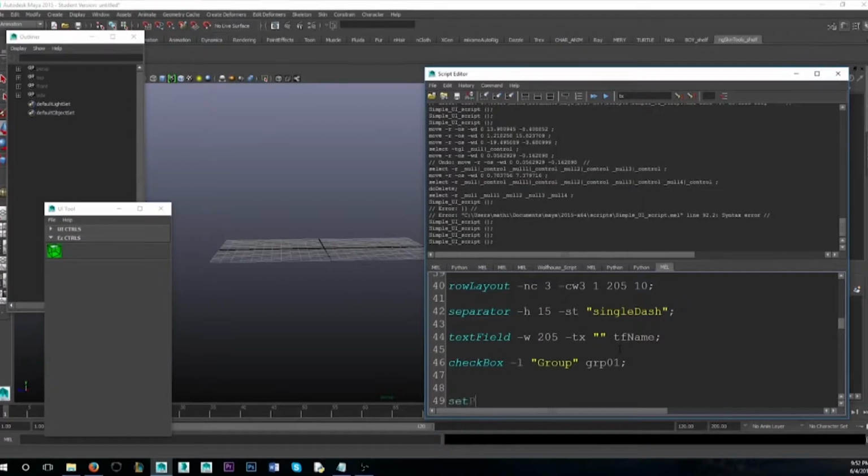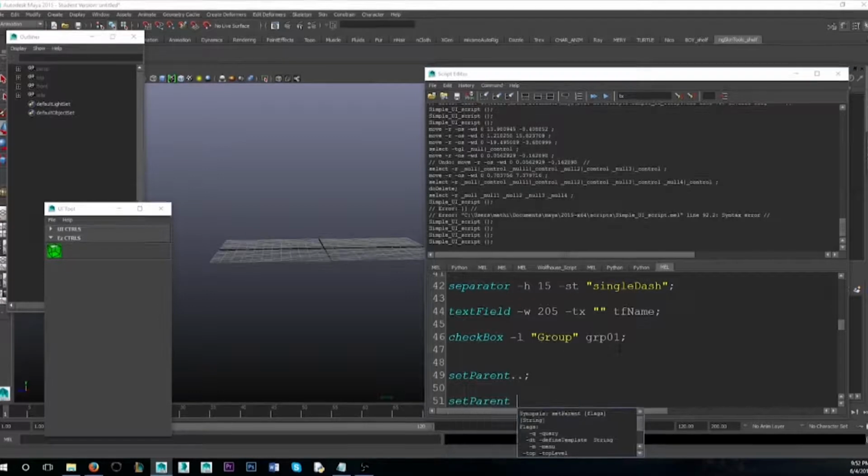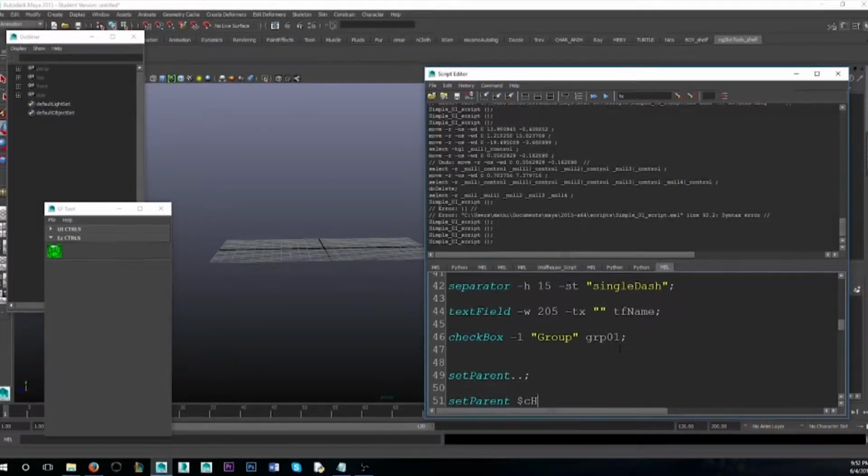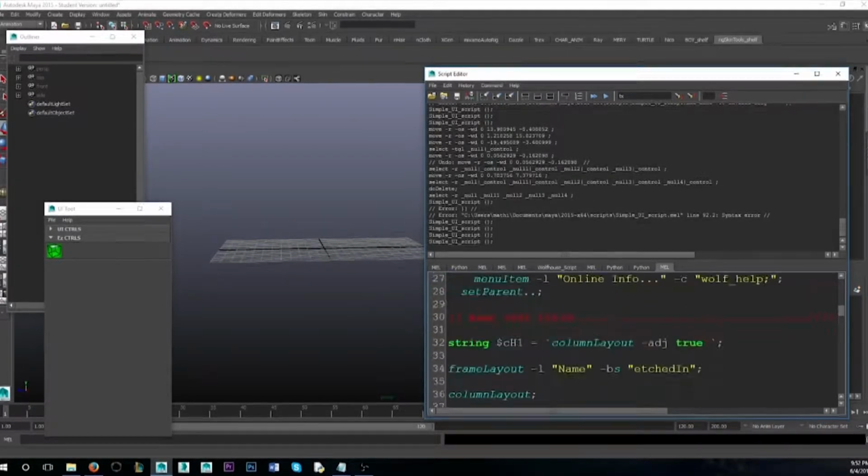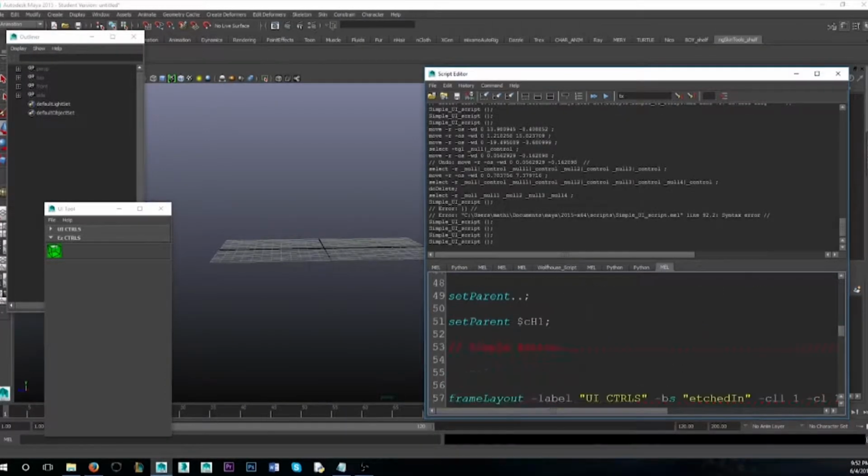Now we're going to set parent this in the hierarchy so that nothing goes above this, or none of the drop downs go above this. I'm going to set parent this to be resizable in our column hierarchy, or adjustable. Alright, now that that's done,